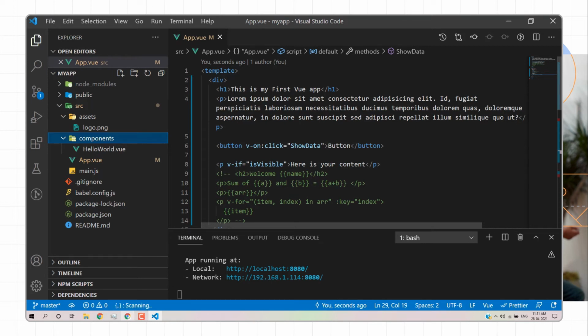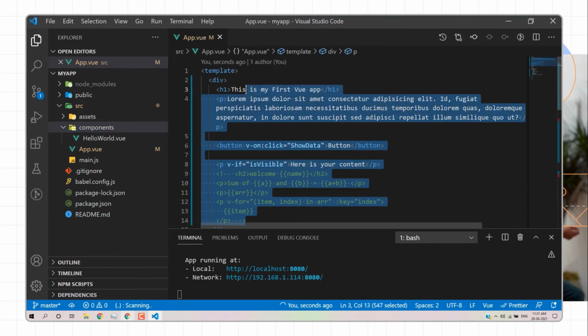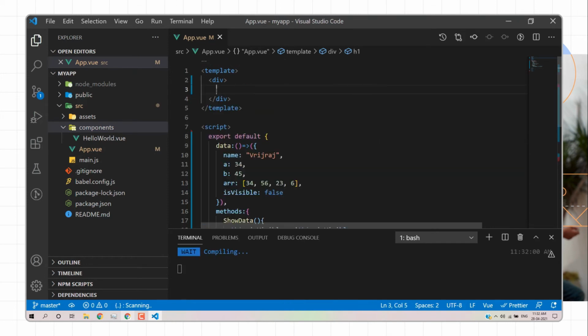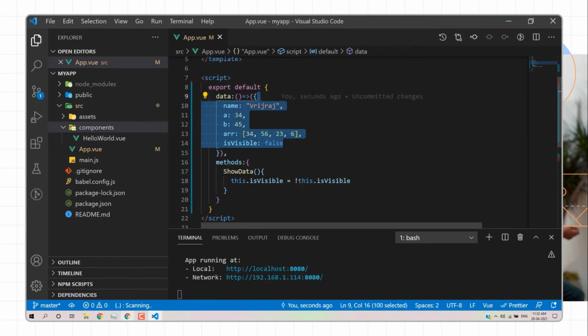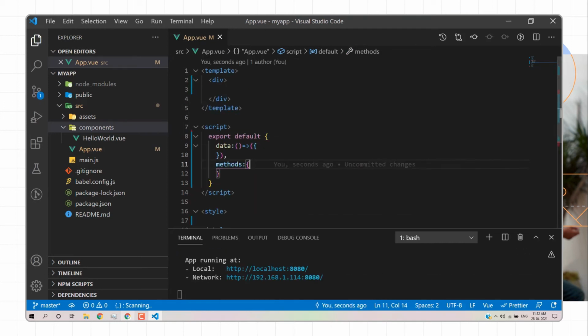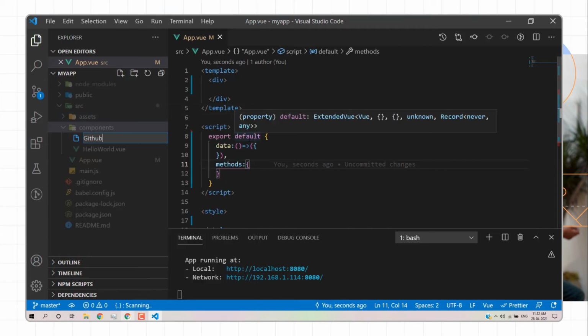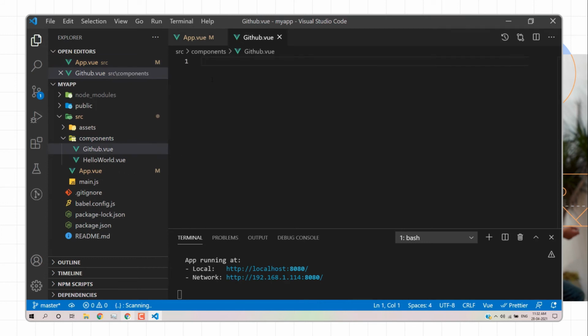This is the components folder. Here you can define components. So now I will remove this entire file, and this entire file, and here we also remove this entire file. Now I'll create a new file, github.vue. Basically we are creating an interface for getting details for the GitHub user, or rather, not GitHub, we can say blogs. So this component is for the blogs.